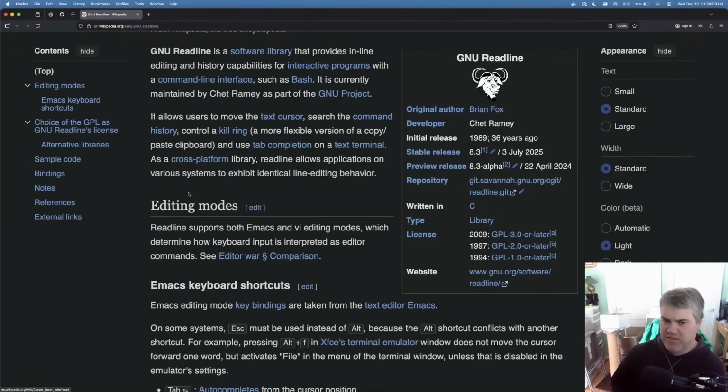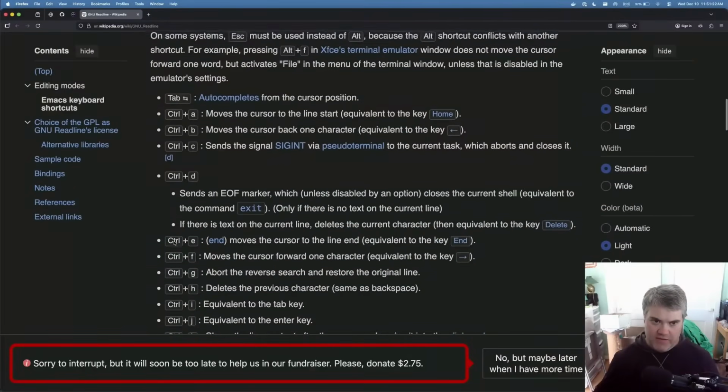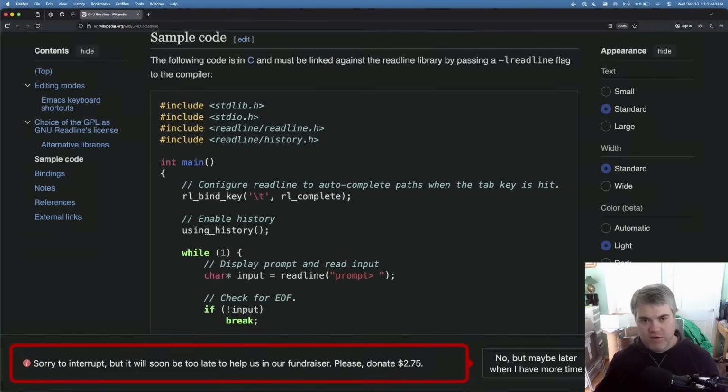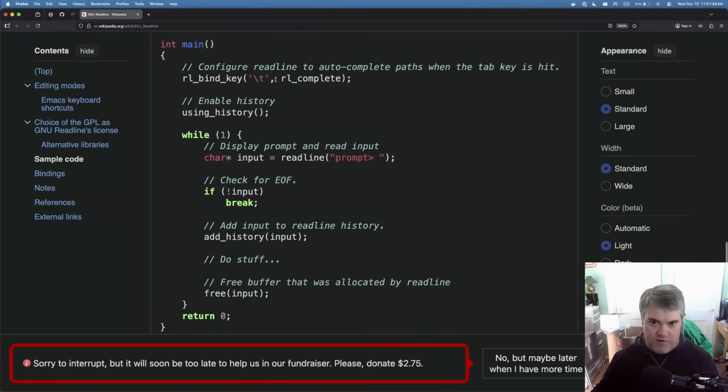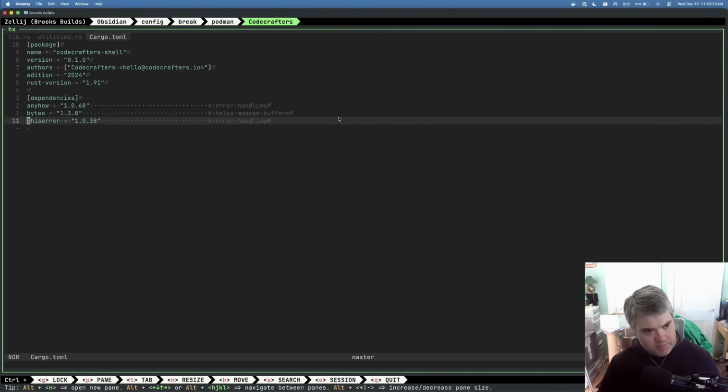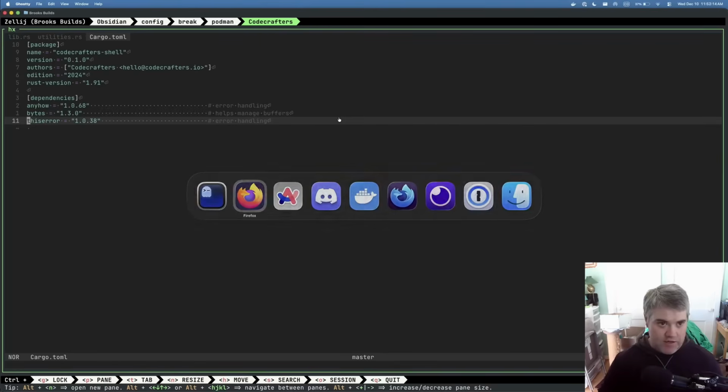Do I have access to readline? And this is fine. I wonder if we can. The following code is in C and must be linked against the readline library. Okay, so it uses the readline library. Okay, so they don't give us a dependency on this, but they're recommending we use something like readline, which means,